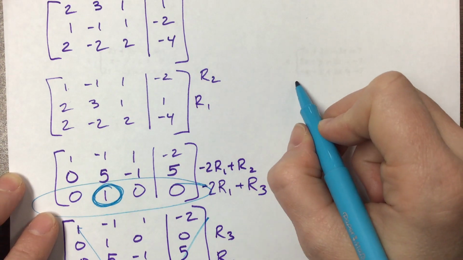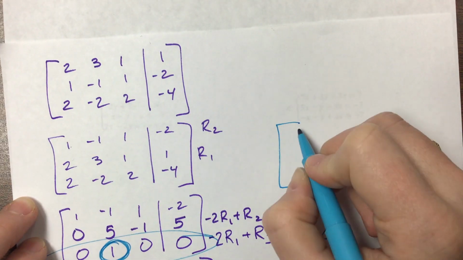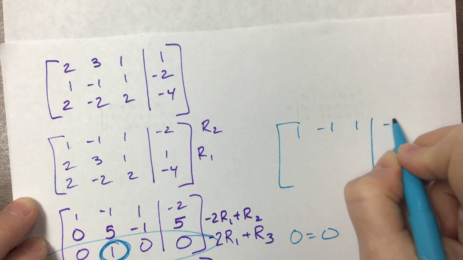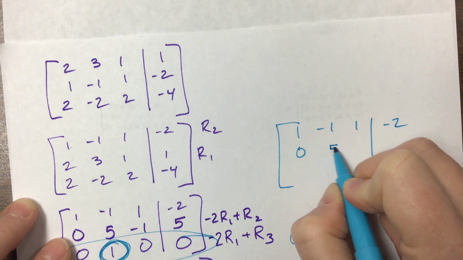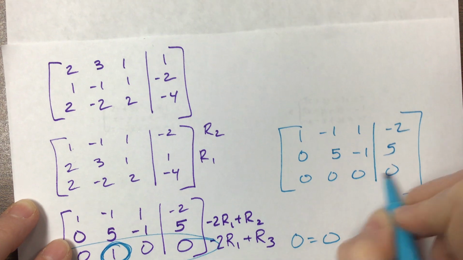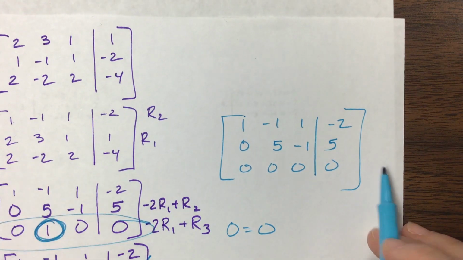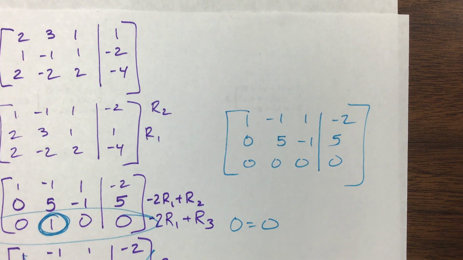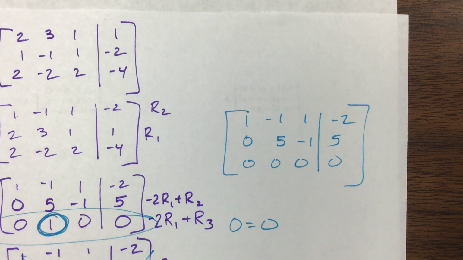So here's what we had after that. From that point, we had 1, -1, 1, -2, 0, 5, -1, 5, and then 0, 0, 0, 0. Okay, this is a true statement where 0 equals 0. So here's where I'm going to then go into, I know my two planes intersected at a line, and so